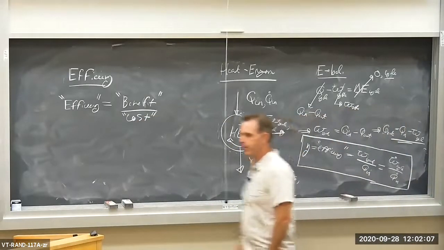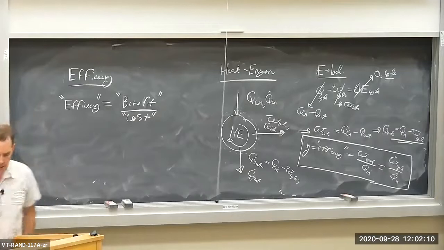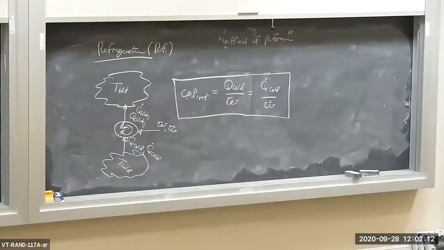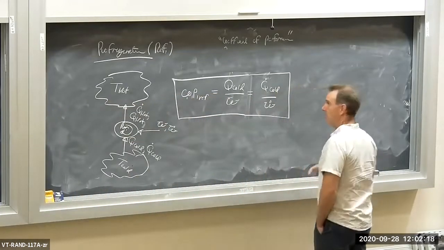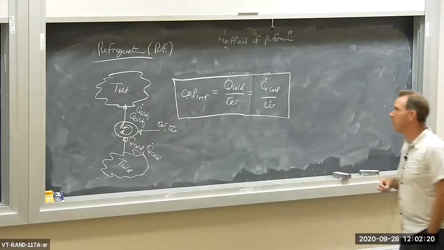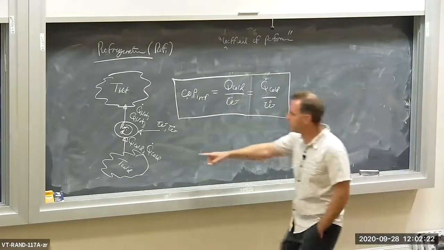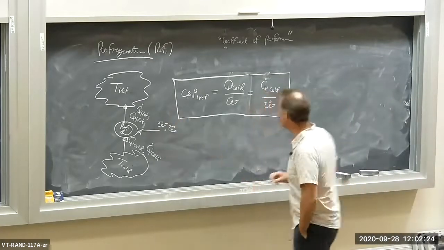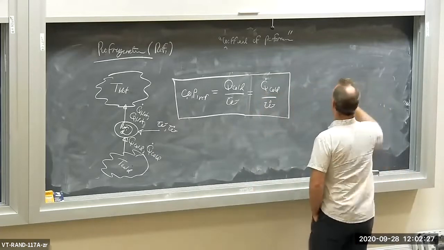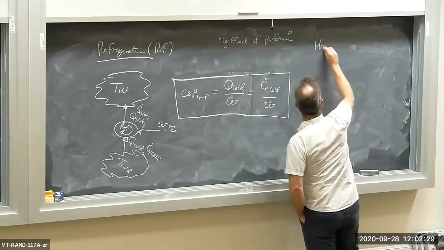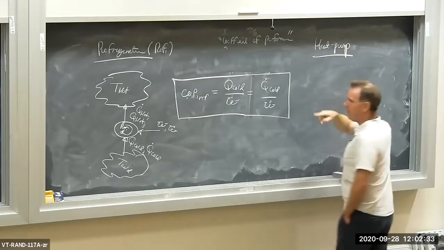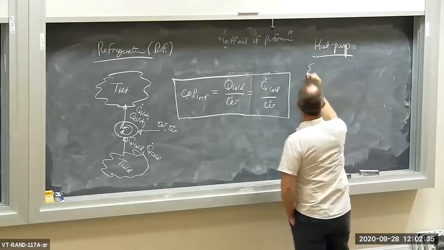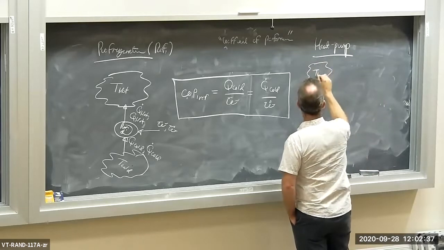Let's look at one more device here, now that we have the right frame of mind for looking at these kinds of situations. So, refrigerator. The purpose of a refrigerator is to transfer heat from a cold place and shove it into a hot place. We also have what's called a heat pump. The picture is exactly the same. So we have a T hot